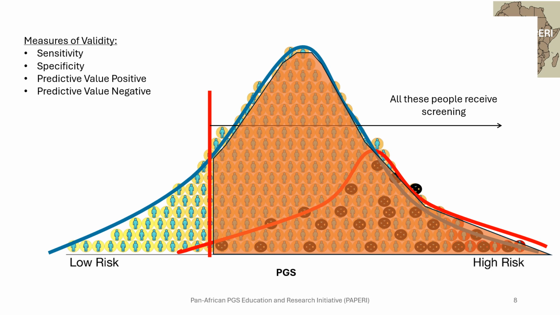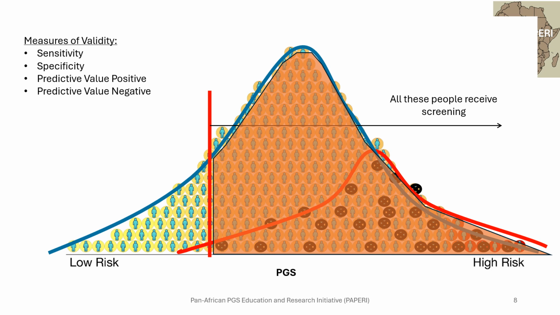And it is important to have these statistics tuned by altering where our action cut point is in a way that considers the cost and discomfort and effort involved in an altered screening protocol or a